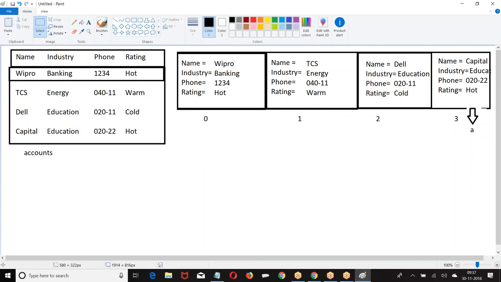All those accounts whose industry is energy, update their records as hot. Take one by one record, check the industry value. If industry is energy, modify the rating value as hot.